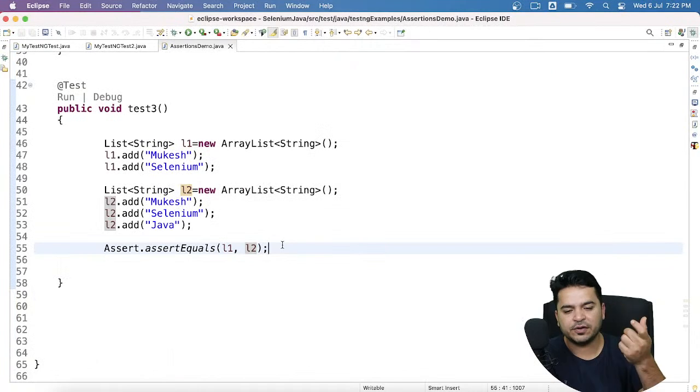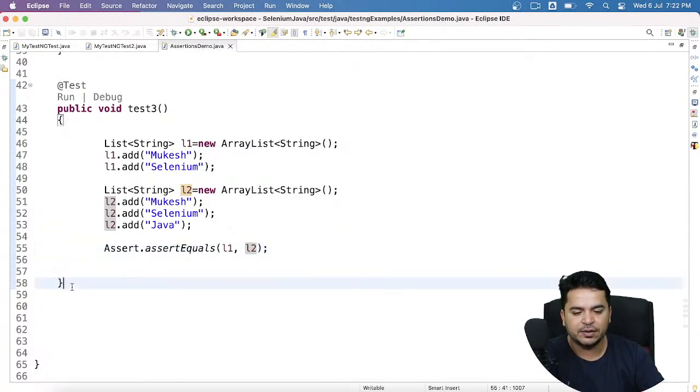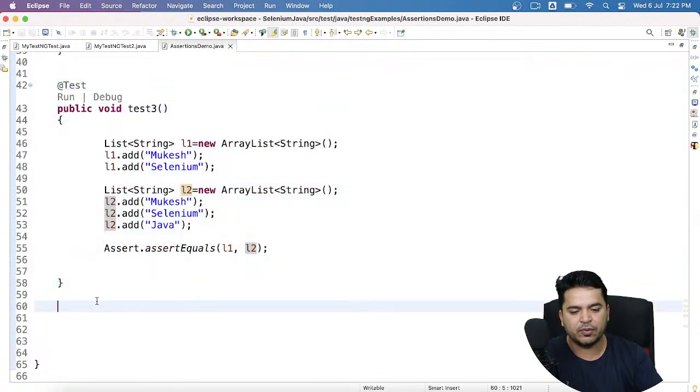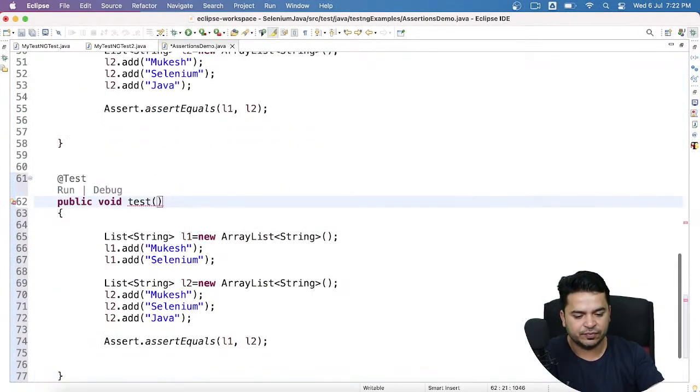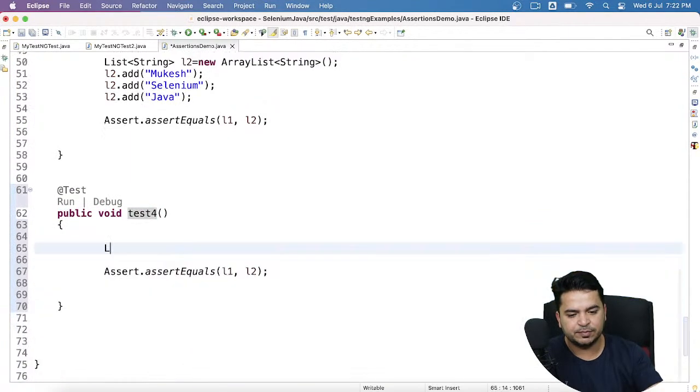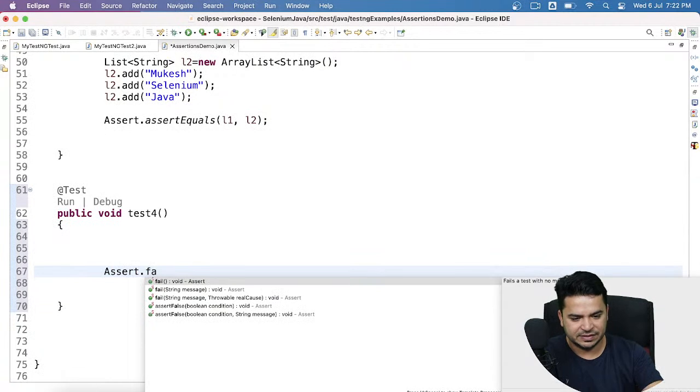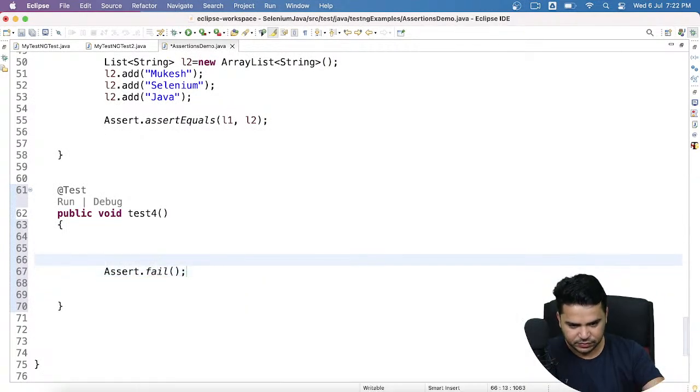Now this is part of your assignment. Okay, it's a very small assignment you can do within 10 seconds as well. I want you to explore 2 additional things. Maybe after the session, please give it a try. You need to explore what this fail is. Okay, and if I say assert dot